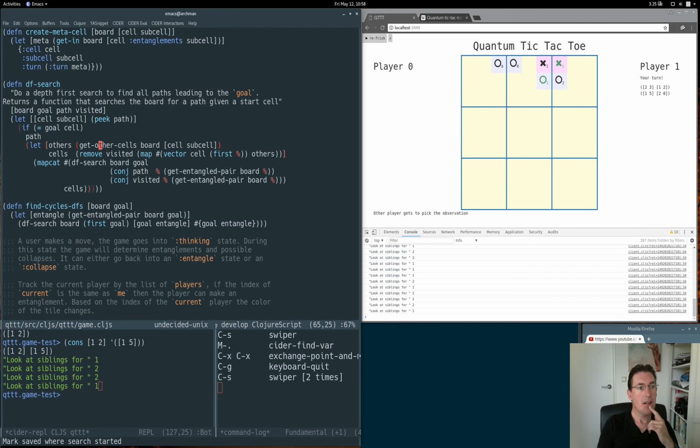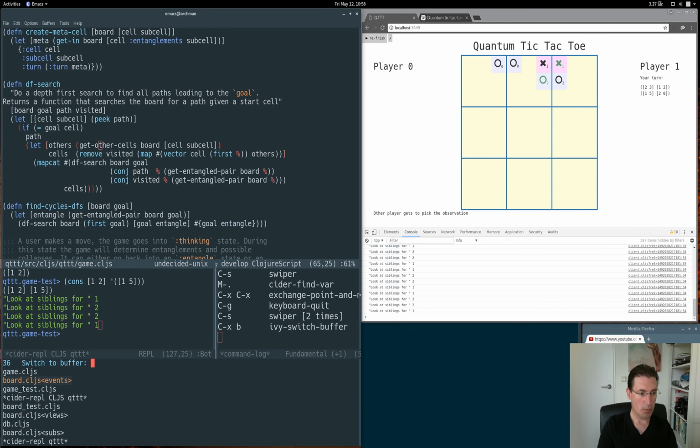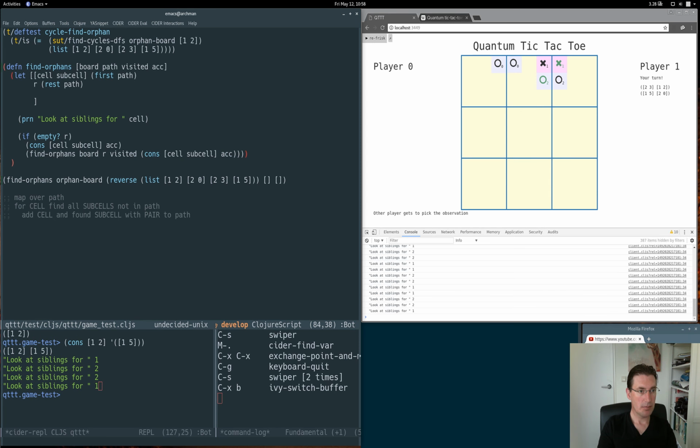So basically to get other cells is what we need, and that is in the system under test. So for now we can say others get system under test, get other cells